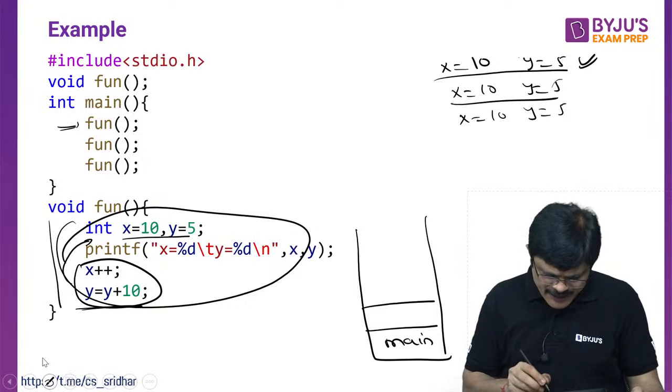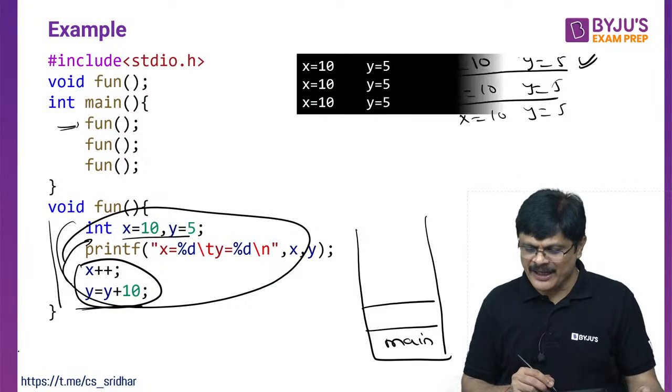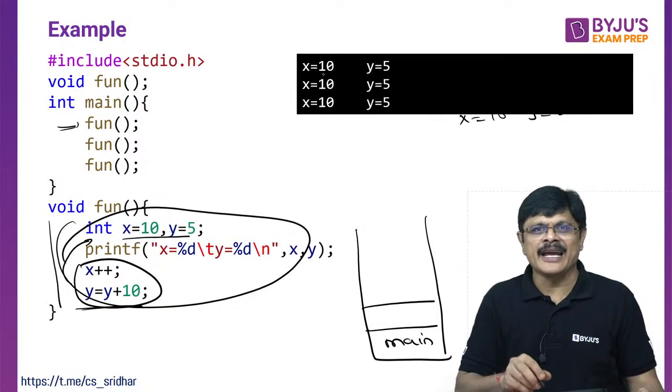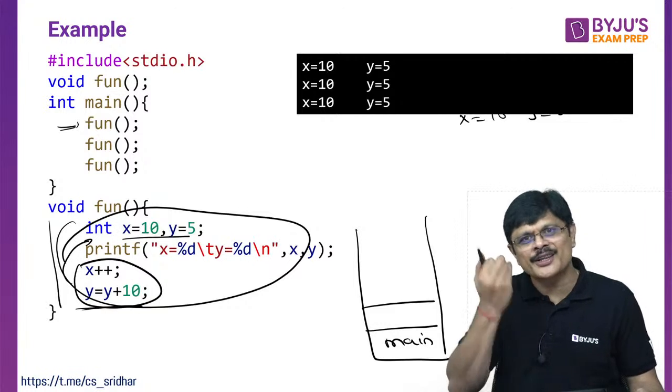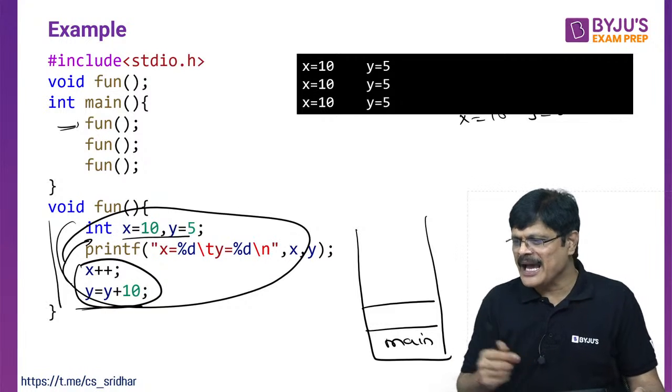So when you run this particular code, what will be the output, my dear friends? X10 Y5, X10 Y5, X10 Y5. You call it 1000 times, the same story will happen. As someone asked,